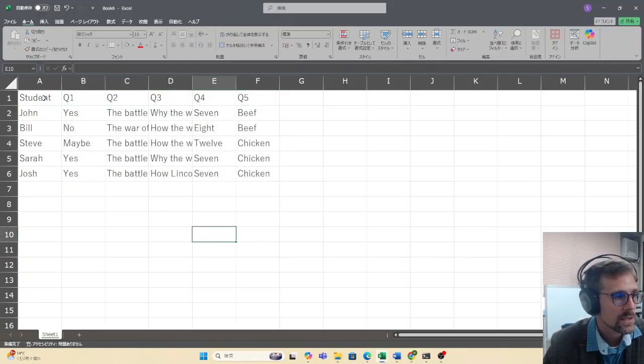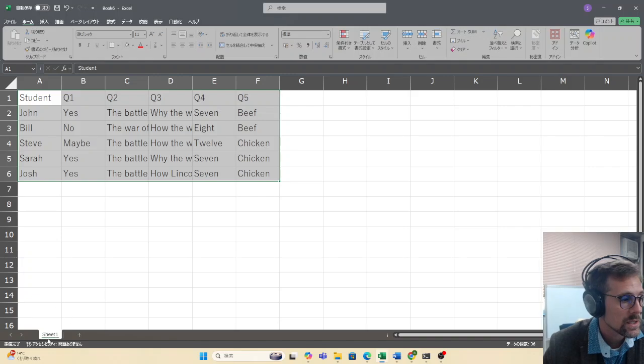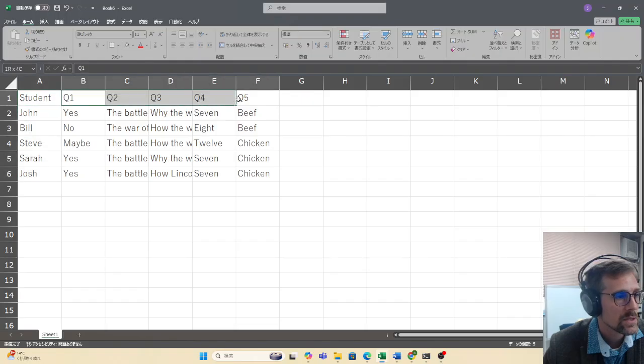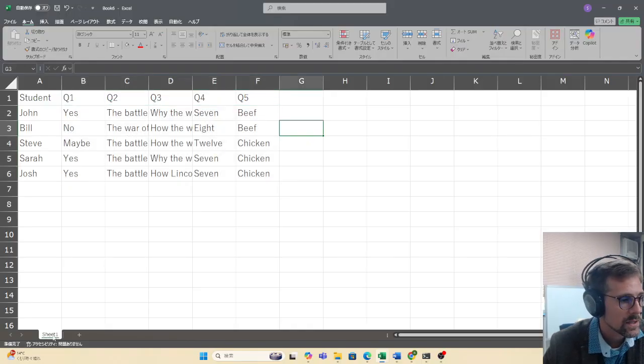Okay, so the first thing that I recommend that you do is copy your sheet. Let's look. We have students and the 5 questions. Here are students, John, Bill, Steve, Sarah, and Josh. And here are their answers to these 5 different multiple choice questions. まずシートのコピーをするといいかと思います。まずはシートを見てみましょう。ここに学生がいまして、それぞれの question と、それぞれの、John と Bill と Steve などが出した答えです。